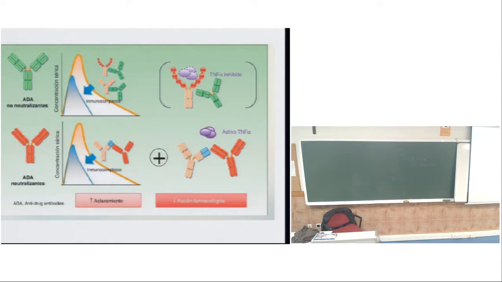Here you can see what is non-neutralizing. This is etanercept, and this is the molecule TNF that is blocked by etanercept. But this antibody can interfere somehow, not with the binding site, but with some other component of the antibody. And here this is fully neutralizing, because you see that the active site, the binding site to the TNF, is blocked by the ADA, the anti-drug antibody that the patient synthesized, and is a cause of lack of response.